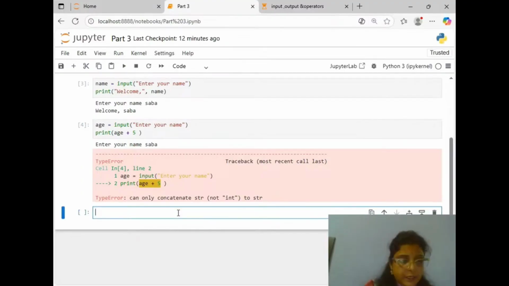So here we'll write age is equal to int, then input, enter your age.